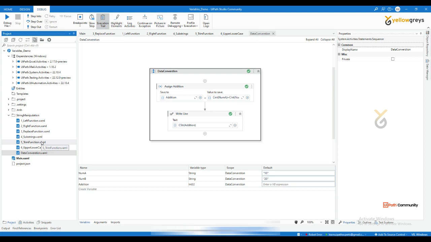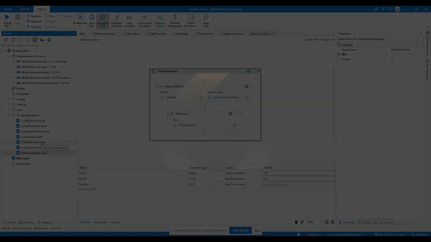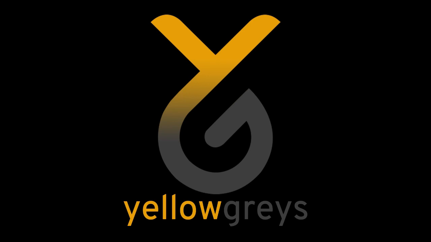We have a lot of options to play with strings, like left, right, replace, substring, trim, LTrim, RTrim, uppercase, lowercase. There are many string manipulation functions available to handle a string. So in the next